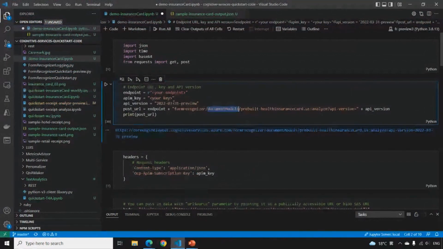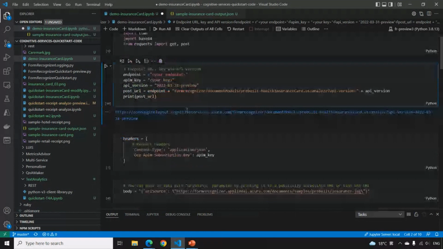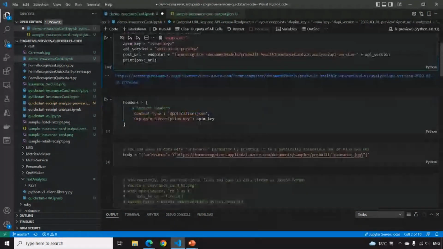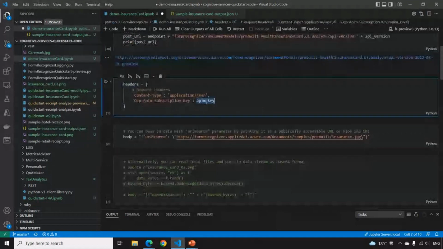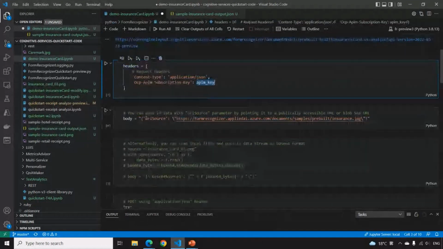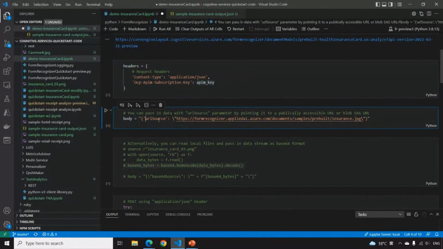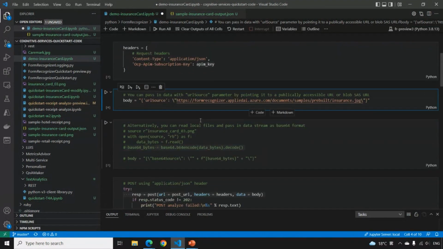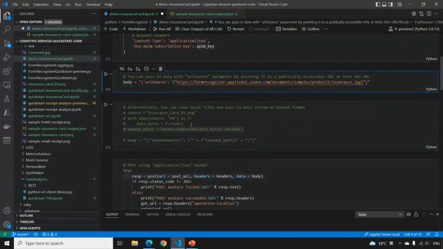The thing you just need to set up is to deploy your Form Recognizer resource and input your endpoint and API key, specify the version, and put the post URL composed as this, and then use the headers with the key you have already got. You can also pass in a source URL with a pointer to your image, as I just showed, or use the stream file with the base64 format to feed in your file.